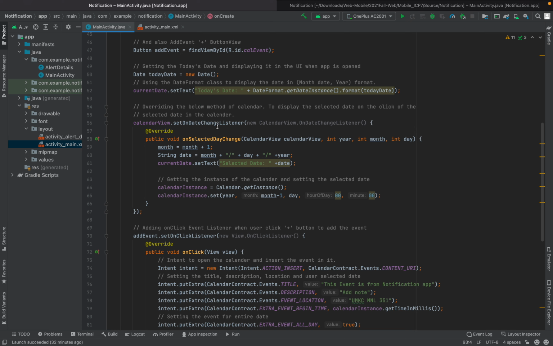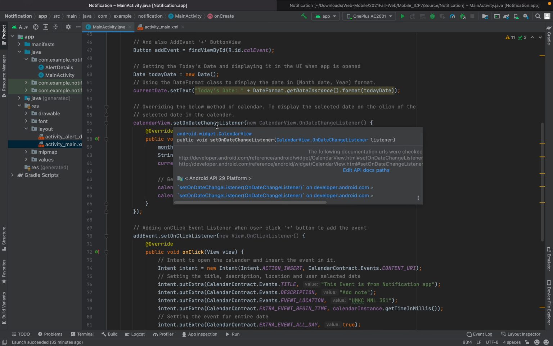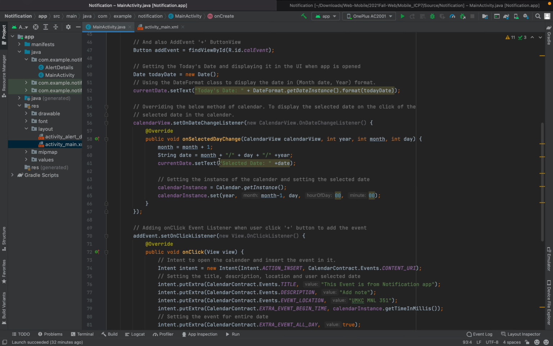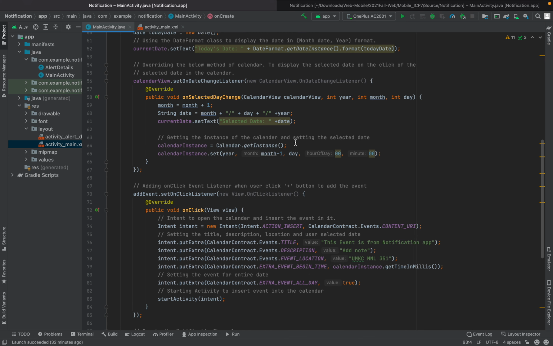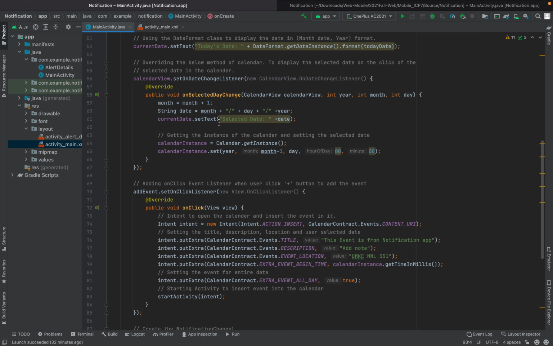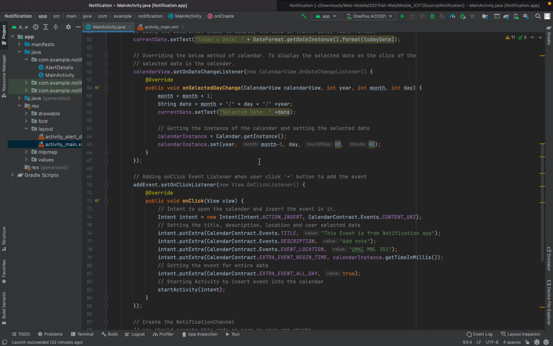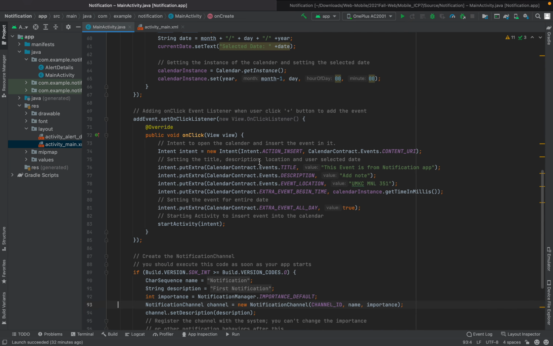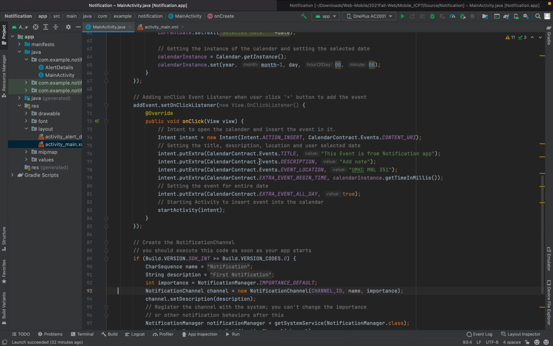To do that, we are using the setOnDateChangeListener, and to override it, we are using onSelectedDayChange. This is how we get the date and show the selected date there. Then there is a plus symbol on our application, which is to add the event.